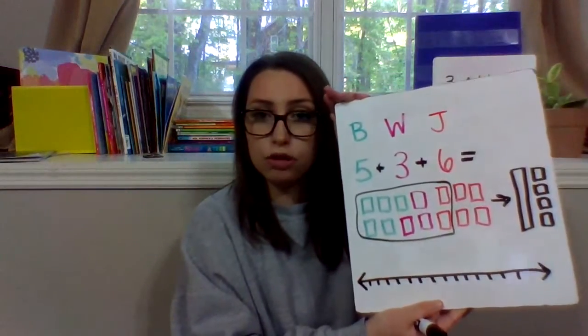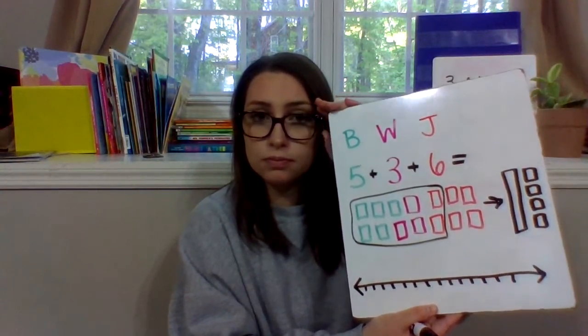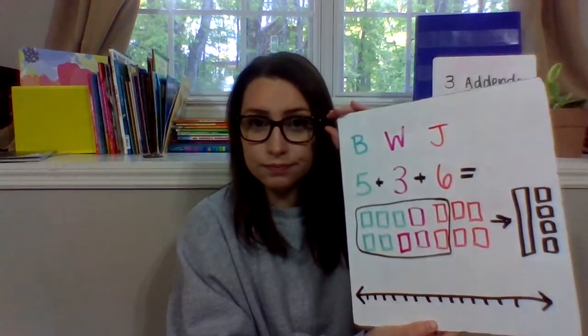Now, how much does that represent? One group of 10 and 4 units. How much does that represent? One group of 10 and 4 units. It represents 14. So for my answer up here in my number sentence, don't forget to write your answer in